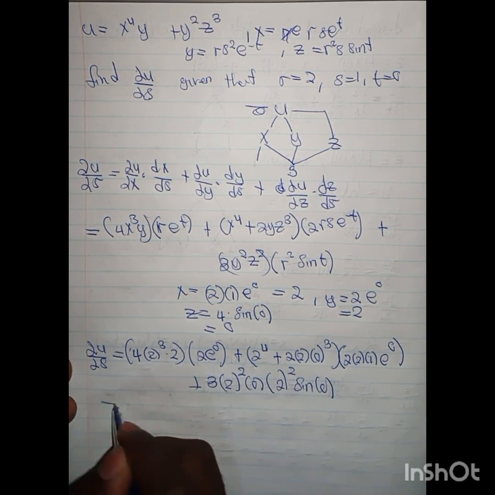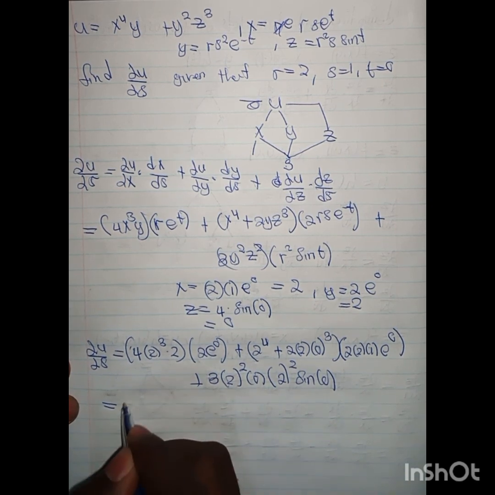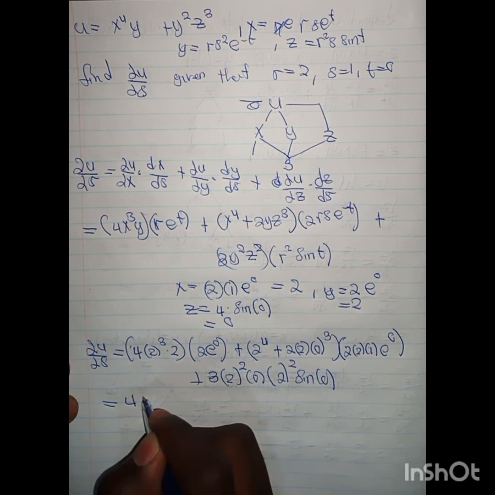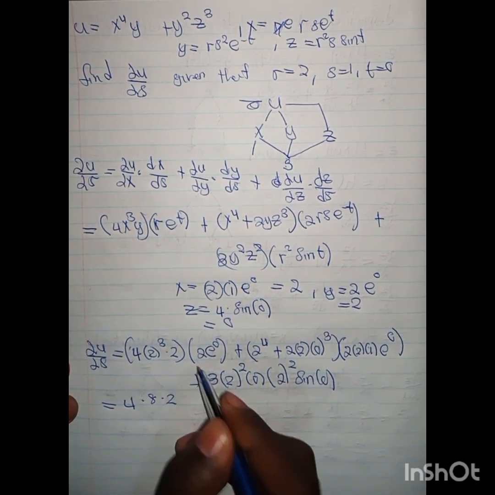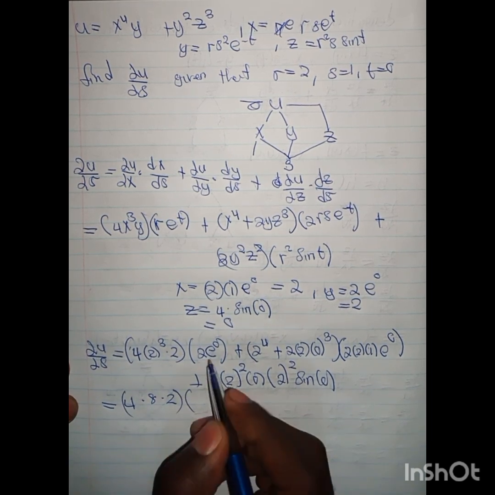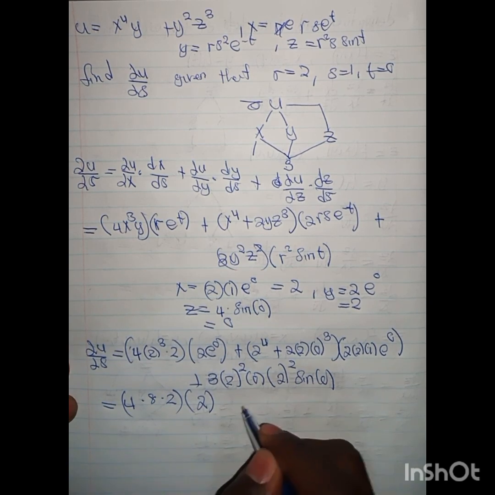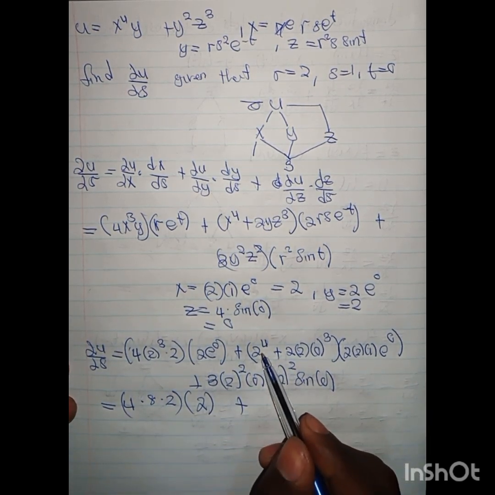And then the answer which we are going to get after multiplying this throughout, it means we'll have 2 to the power 3, this is 8, multiplied by 2, and then 2 times e to the power 0, and then this is just a 2, plus everything here, 2 to the 4th,